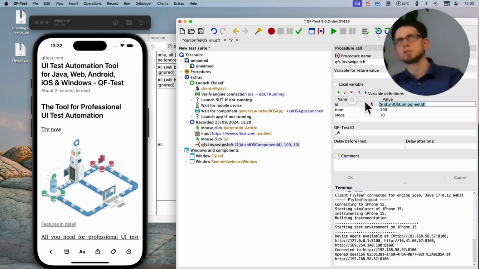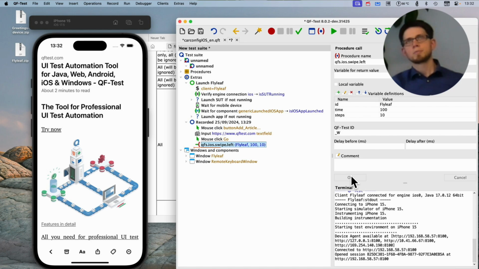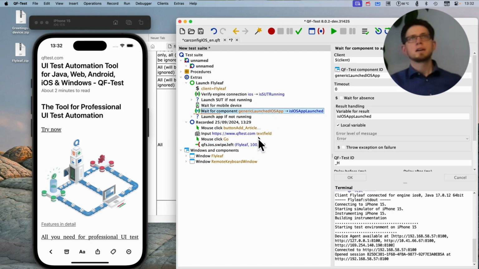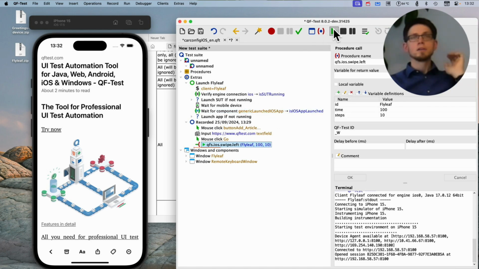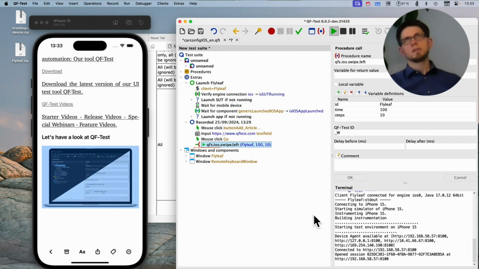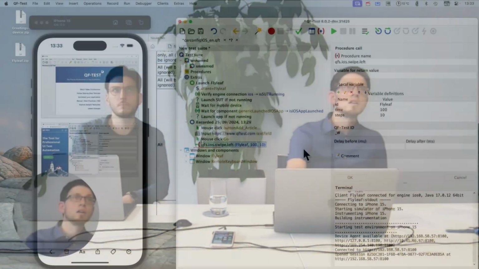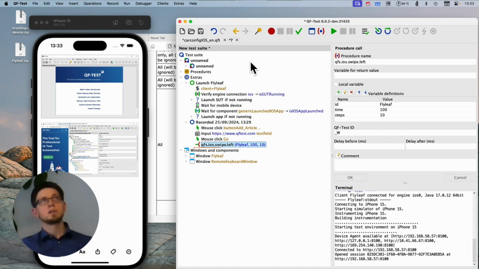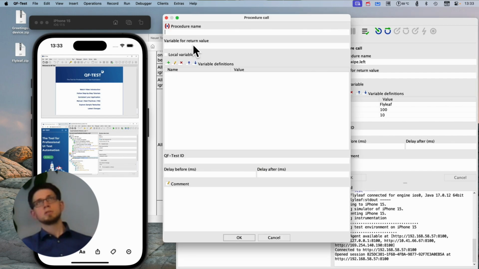I could also use the generic launched iOS app component from here. And now I can execute the swipe, and it swipes to the left, as expected. Maybe there's another side. Let's swipe again. And here you see the nice use of QF-Test in the reading application. There are more interesting procedures. So when I take a look at the standard procedure package here,